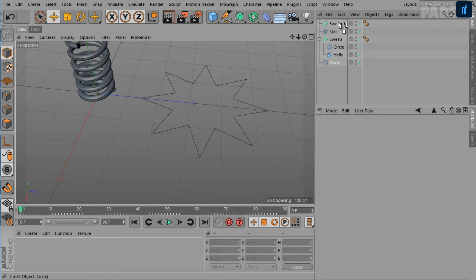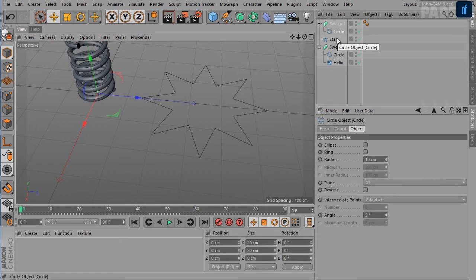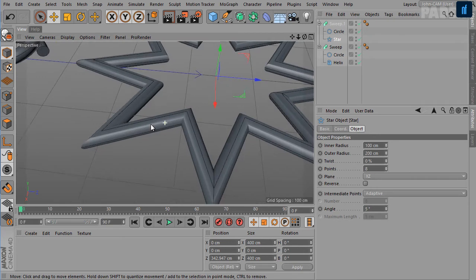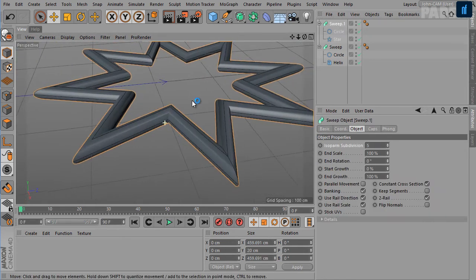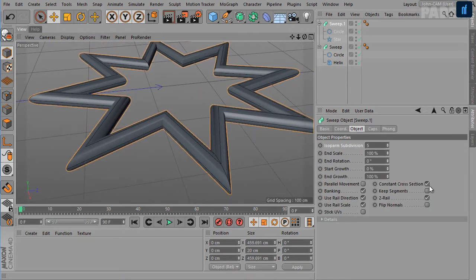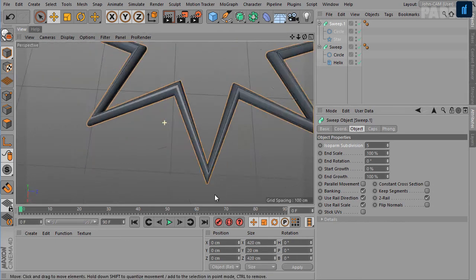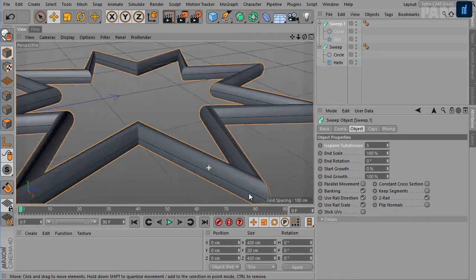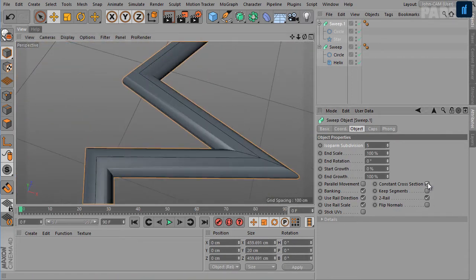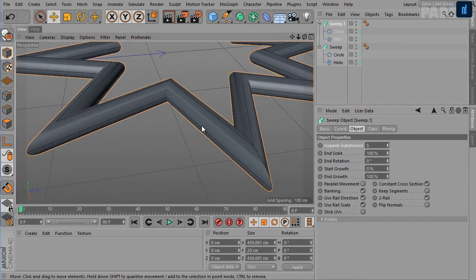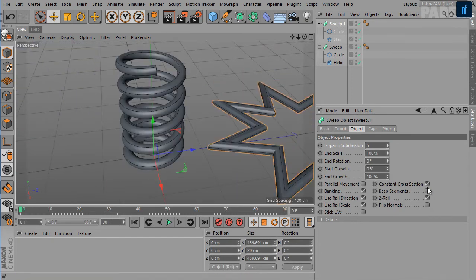First we need to place the circle inside the sweep, then the star. So we have this shape here now. Now select Sweep 1, and by default the constant cross section option is on. If we turn it off, you can see the difference in the shape. The default setting is on.